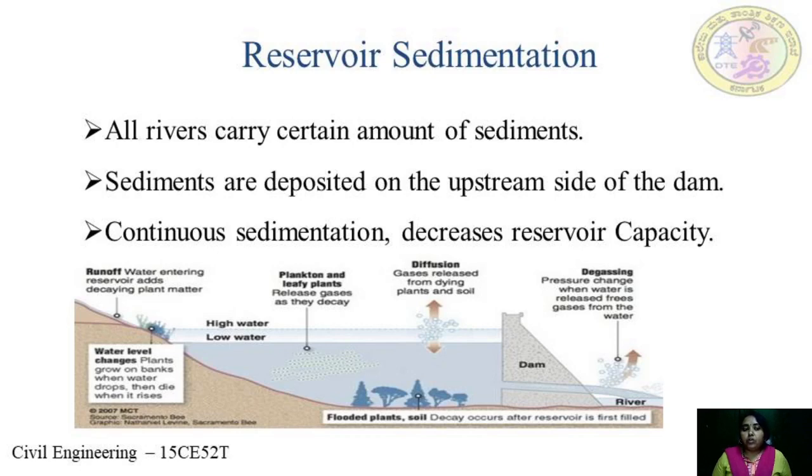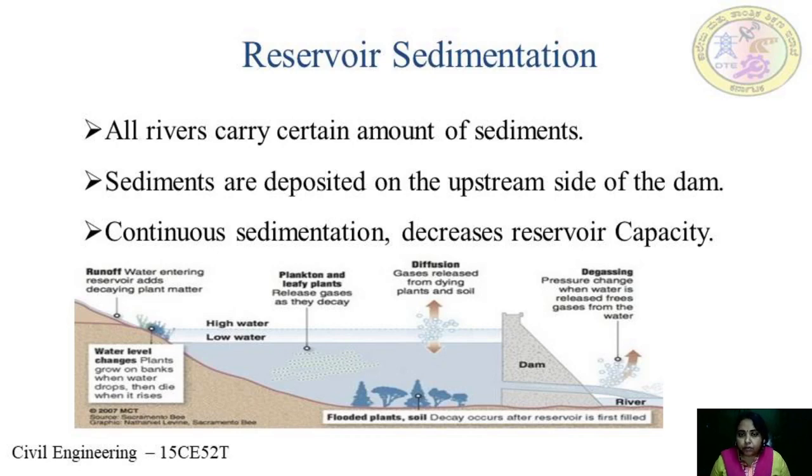So, as we already know, all rivers naturally transport sediment. However, when the flow velocity and energy of the water is reduced as the river enters a reservoir, most of the sediment settles along the bottom of the reservoir where it gets trapped.